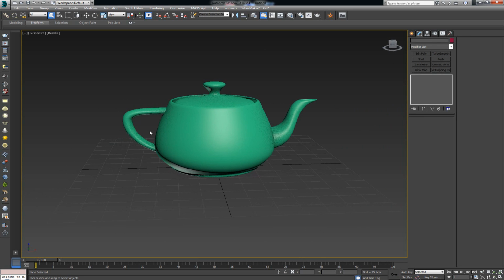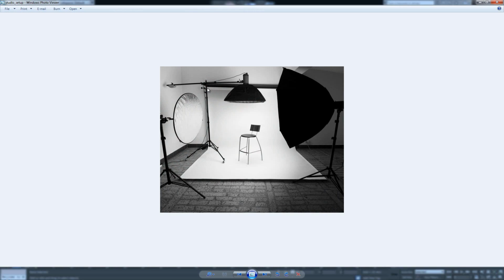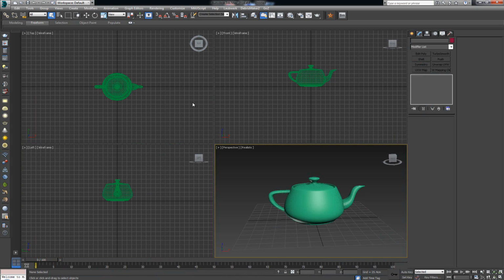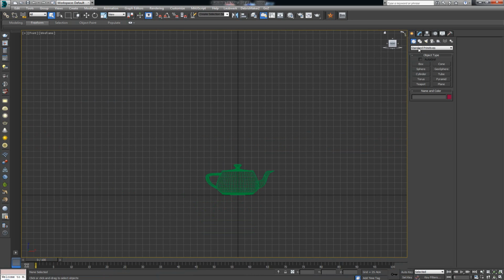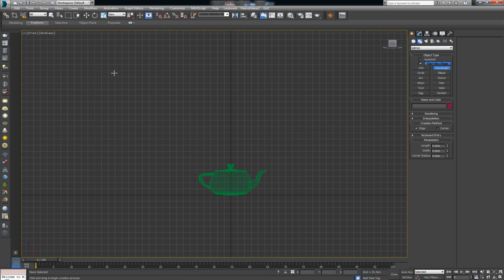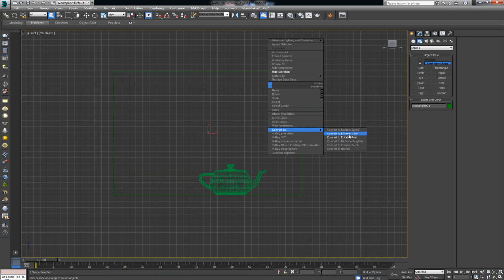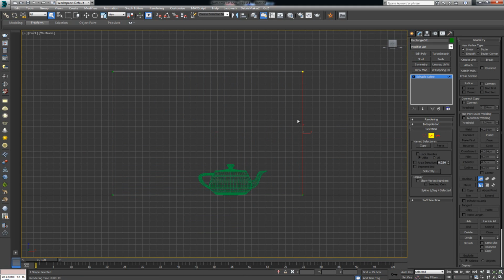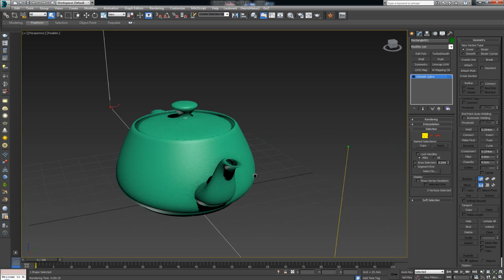All right. So the first thing that we want to do is make something like this, which is going to be the base and the background. This is fairly easy to make. All you have to do is get over here, create one rectangle in the front viewport, or the left one, depending on which one you're in, something like this. Now right click, convert to an editable spline. Delete the front one, leave the top one,